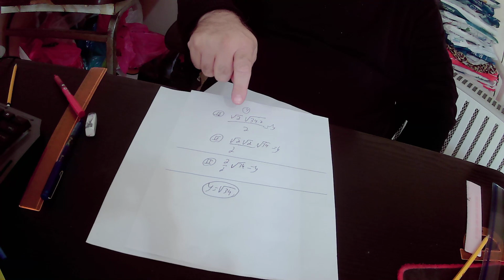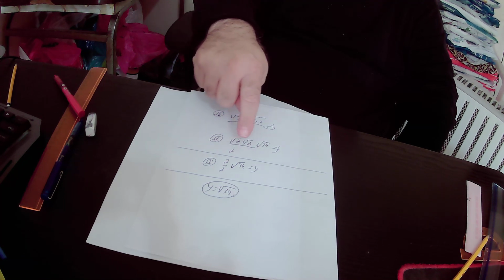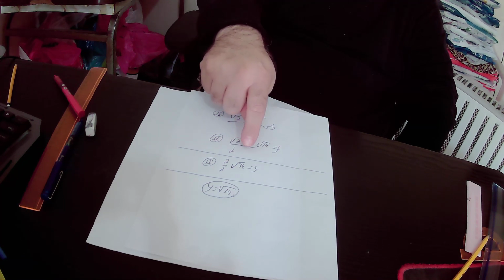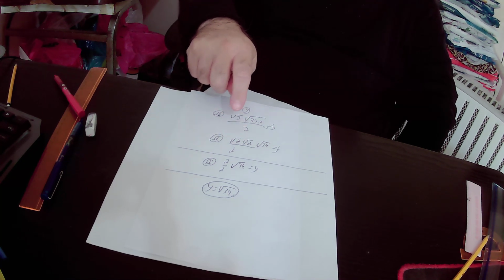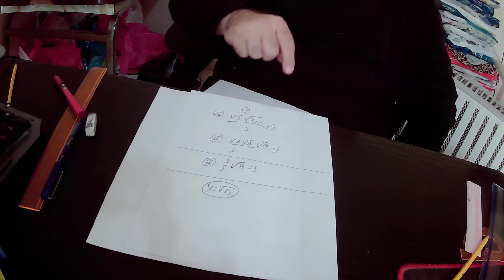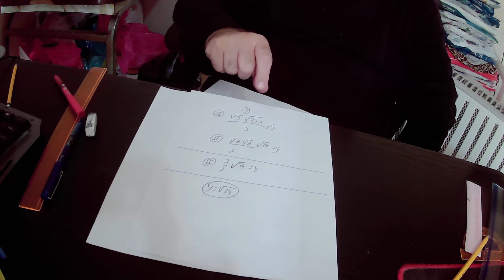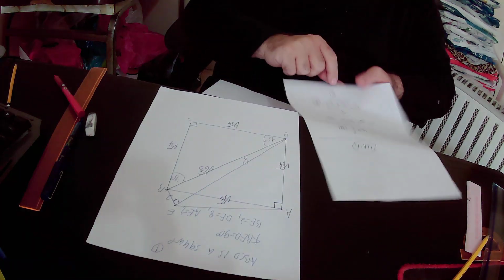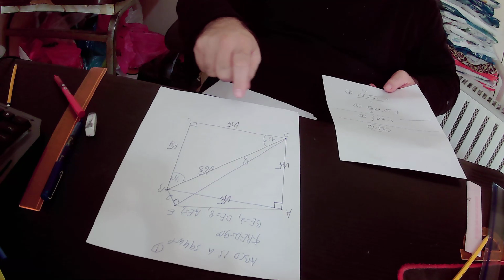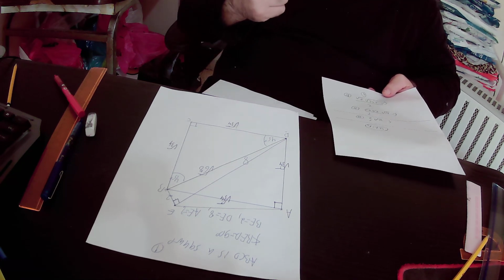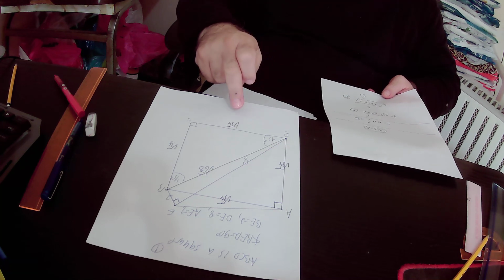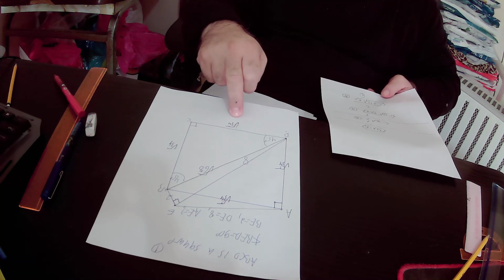So we got here 2 over 2 times the root of 34 equals y. 2 over 2 is 1. So we got that y equals square root of 34. Y is actually DC, so one side of square ABCD equals square root of 34,